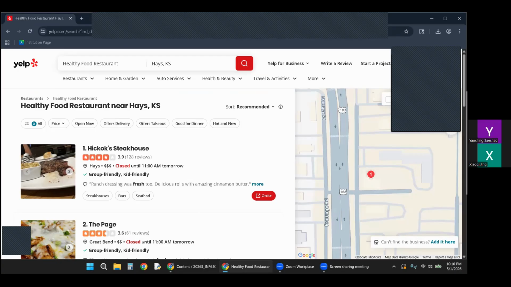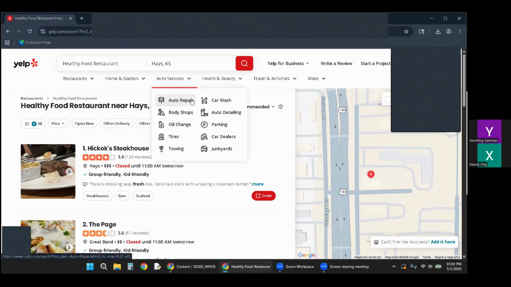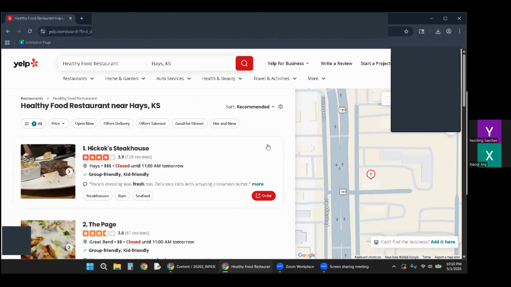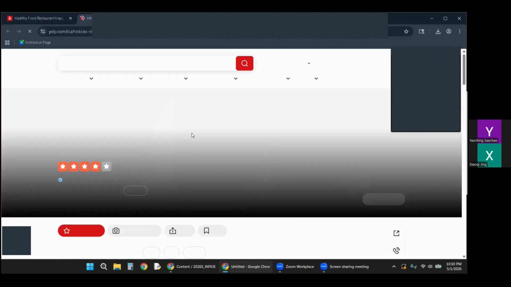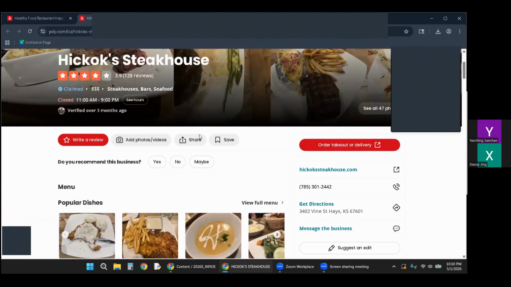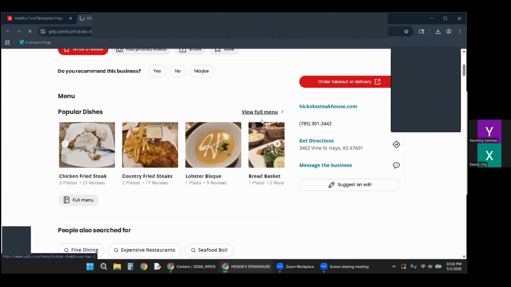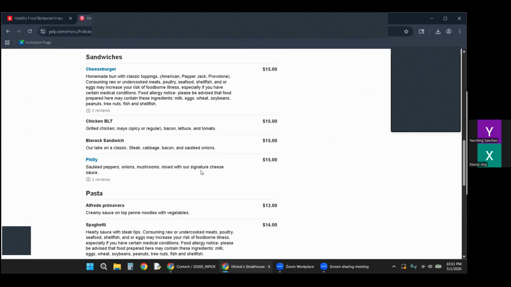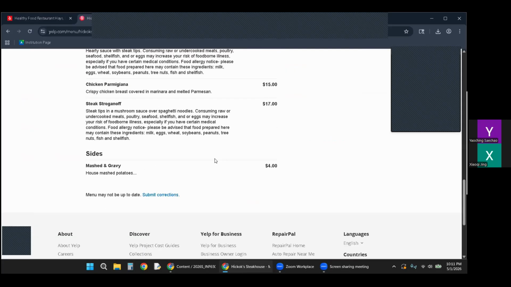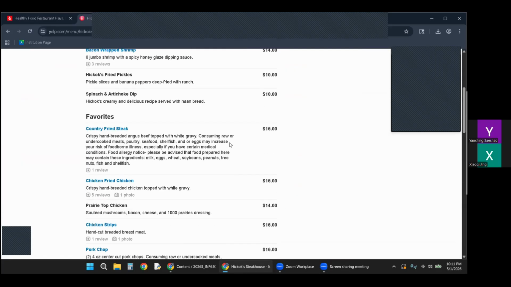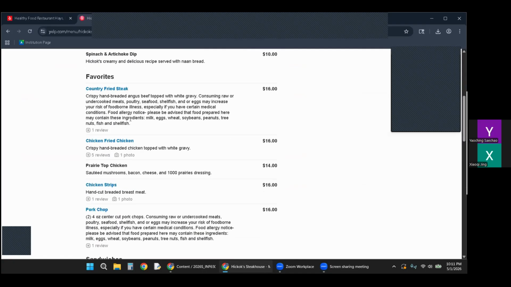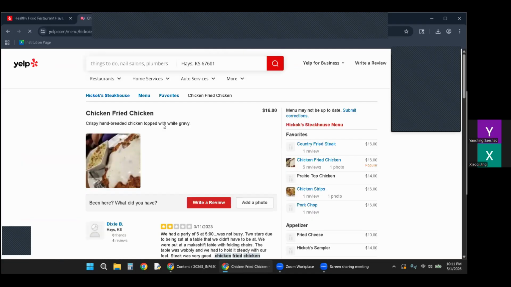And the next question is, was there any information you expected to find but could not find easily? Yeah, just as you saw there, the menus. Even though they uploaded it, it could be that somebody else uploaded the menus. I'm assuming this is at least some of their menu, but it might not be all of it. Some of them have links, and I'm assuming that's because they have pictures.